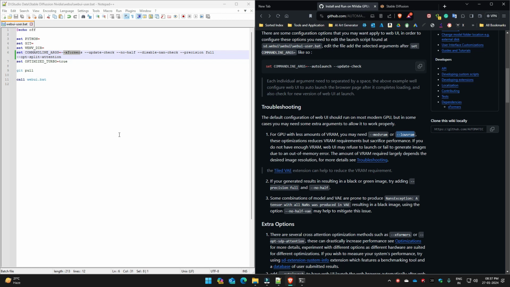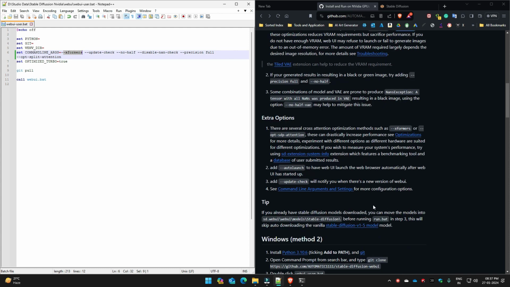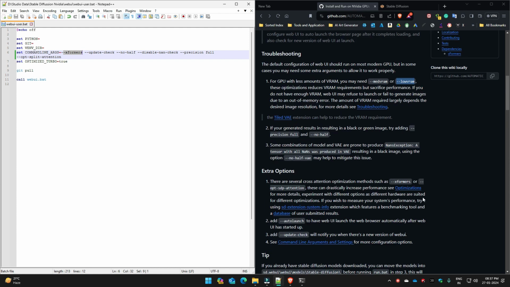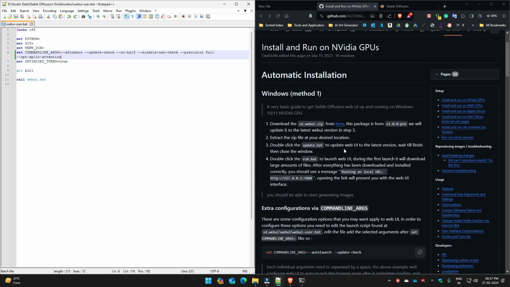Now, what is special about this file, and what we can add in this file to make our environment much better? So the first thing that you will notice is this xformers. Now if you go to this page, you will see the description. Briefly, it improves your web UI performance and speeds up your image generation. Update check is something which